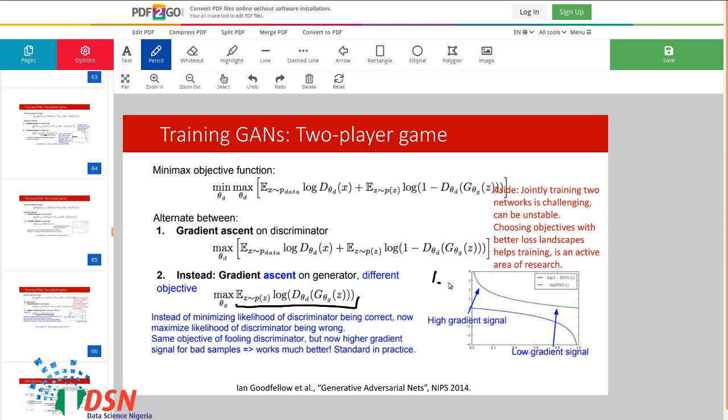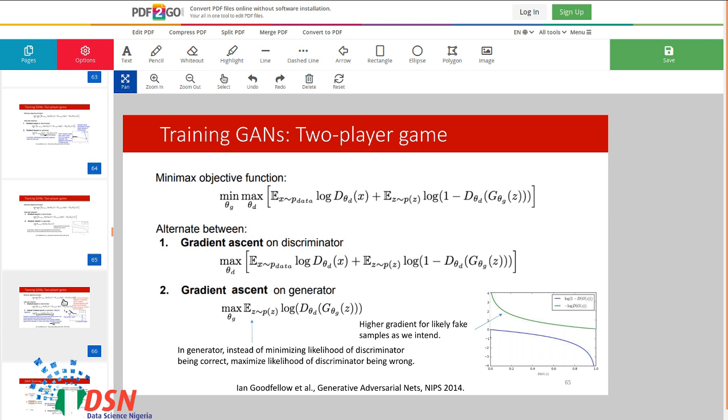These are equivalent, but as you could see, we have a much better gradient in this region. So now the updates for the generator will be better, and it is actually more standard in practice to maximize this. So we could use gradient ascent also on the generator.